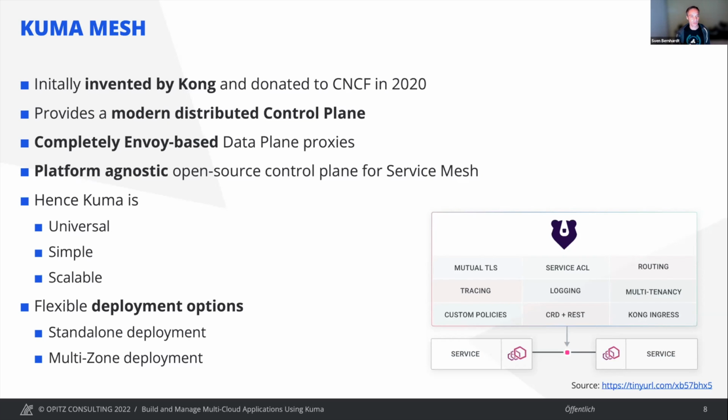We start on existing and over the years grown IT system landscapes, where we also have all those VMs around, and we maybe want to also include them in our service mesh. This is why Kuma can be called universal,